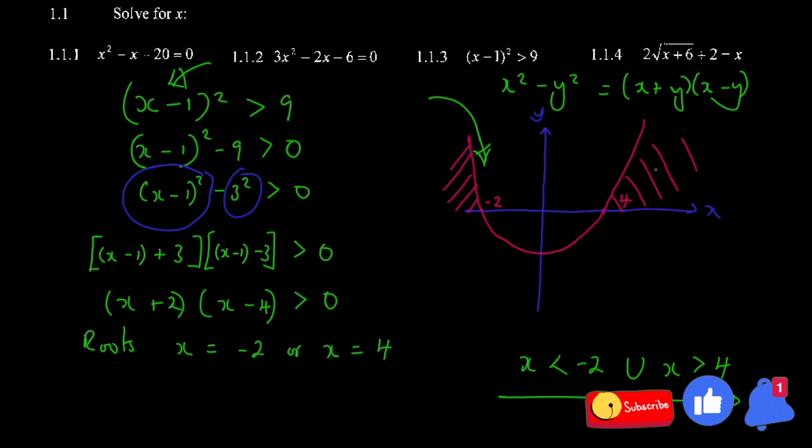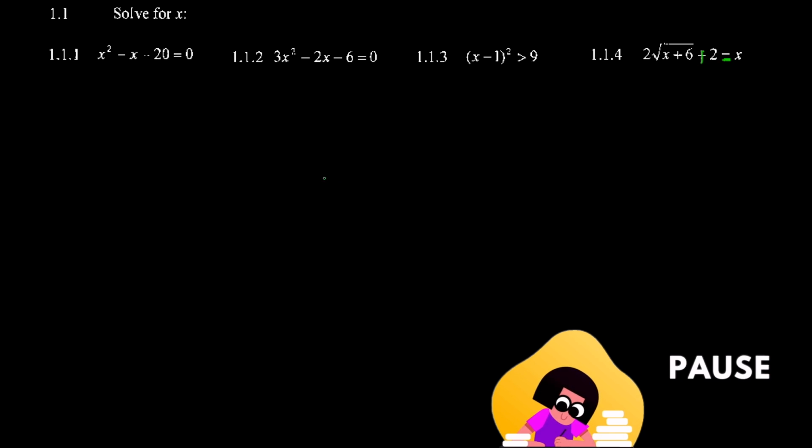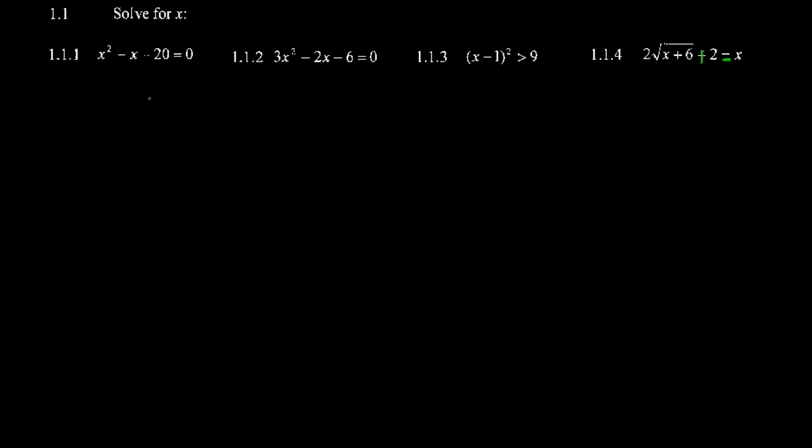I'm going to skip over to the last part, okay? The last part, it reads 2 square root of x plus 6, then plus. This one is supposed to read plus, okay? When you're watching these papers, sometimes there are some mistakes that happen. But this one was supposed to read plus 2 equal to x. So you're supposed to be able to work out this one, okay? So the way that you work it out is you say